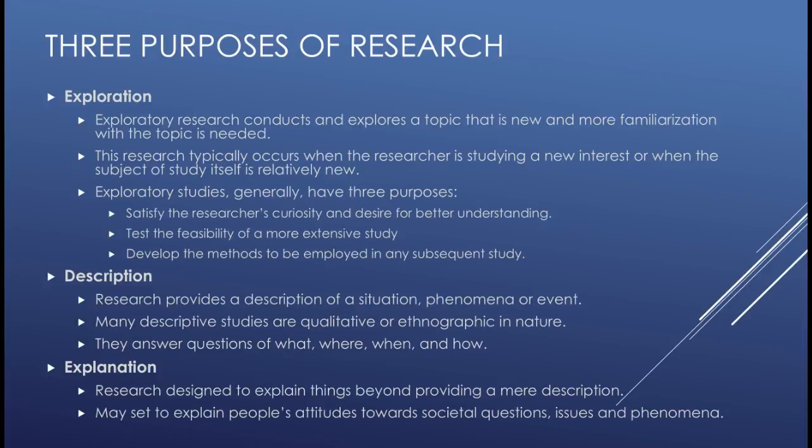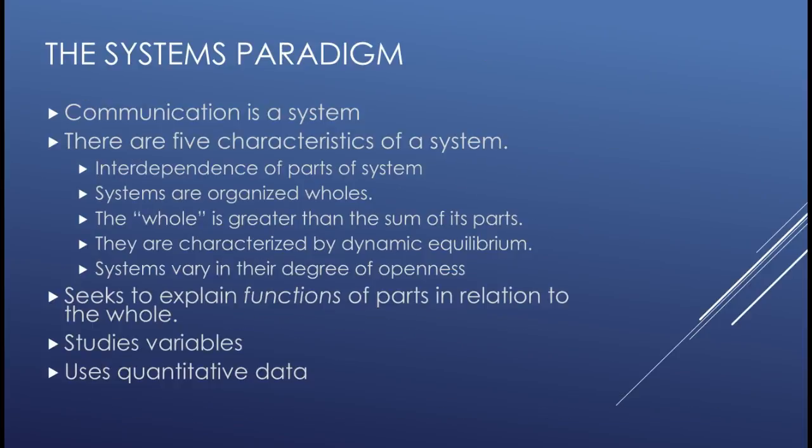As we look through different types of research, it's important to look at some paradigms found within research. The systems paradigm is used as we evaluate research from a communication research perspective, communication as a system. We utilize 5 characteristics in this type of paradigm. We're looking for communication to have some interdependence of parts or a system, where systems are organized by wholes, and that the whole is usually greater than the sum of its parts, and that the parts are characterized by a